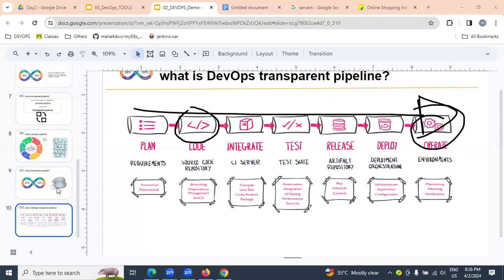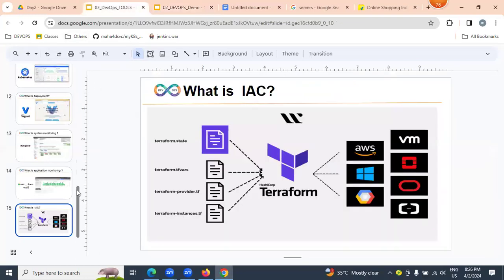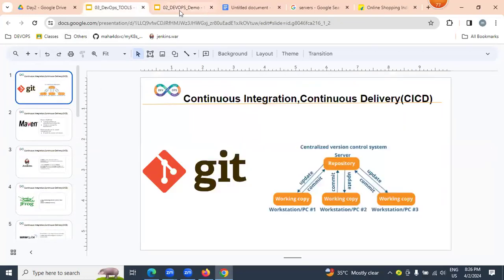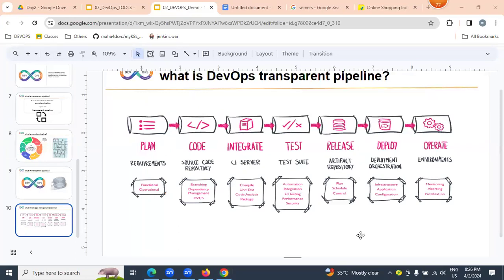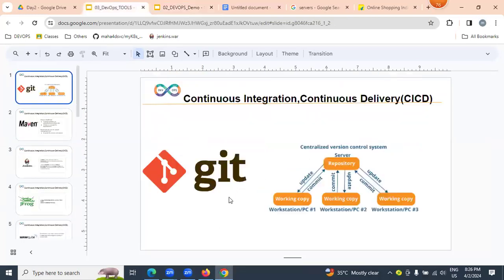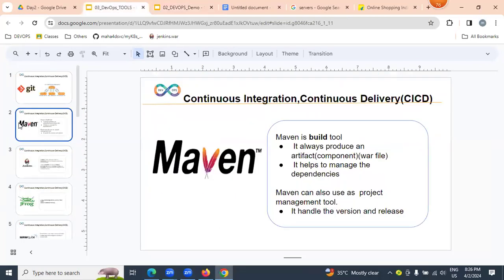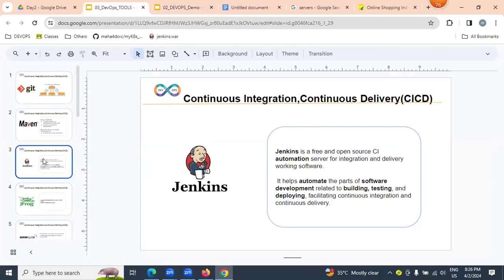How exactly is it? Let us try to understand step by step. We are going to start with Git. Git is a version control tool. In the dev environment, n number of developers are continuously writing lines of code. As a DevOps engineer, we maintain all the developer source code version-wise and repository-wise. Once it is maintained, the lines of code are executed with the help of Maven. Maven is a build tool. On top of Git and Maven, we can implement an automated process with the help of Jenkins.